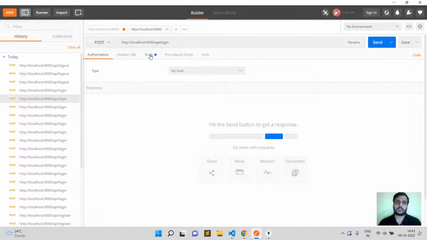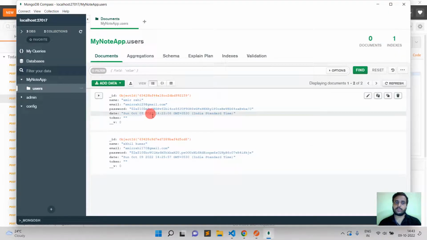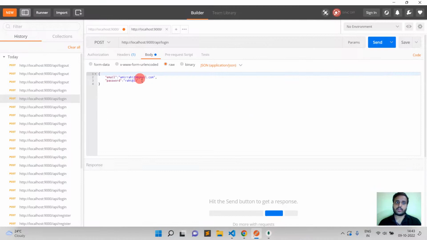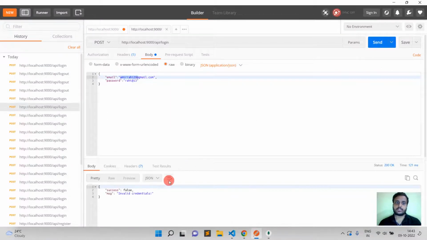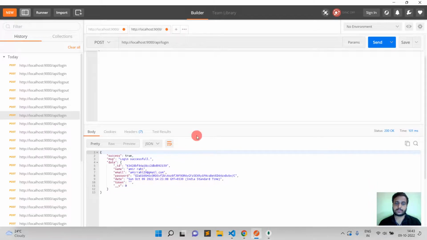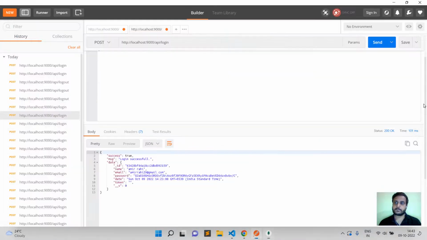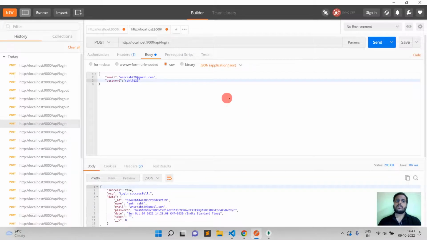Go to the login section. I'm logging in again, so the token will be filled in for AmirRai29. Actually I have used this email ID. Now just send this. Then you can see the token is not coming. So in the login section,